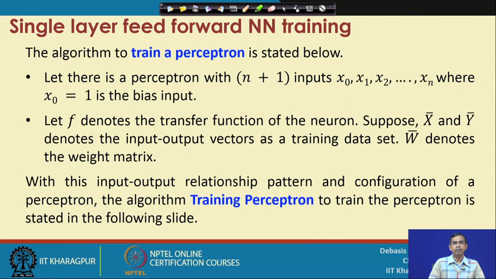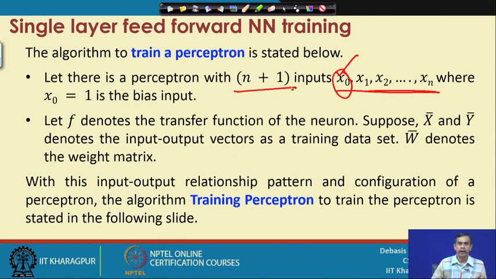Now, in order to train a perceptron, we will consider the inputs. Let us consider these are the inputs, and one input is basically the threshold value input, also called the bias input. So, these are the actual inputs, n number of inputs, and in addition the bias input. So, there are n plus 1 inputs. We have to train a perceptron, and to train this perceptron we consider that n inputs are there. So, these are basically the inputs to the